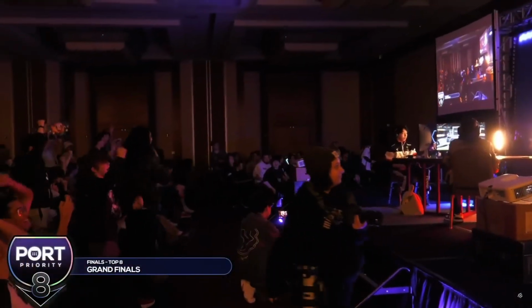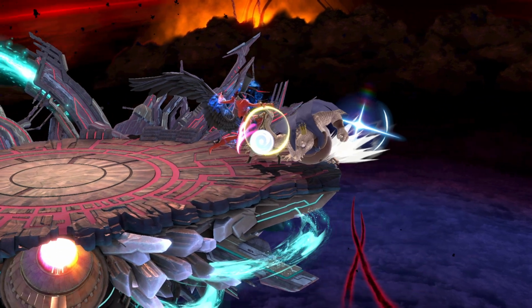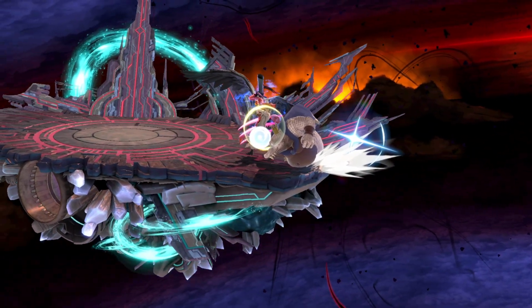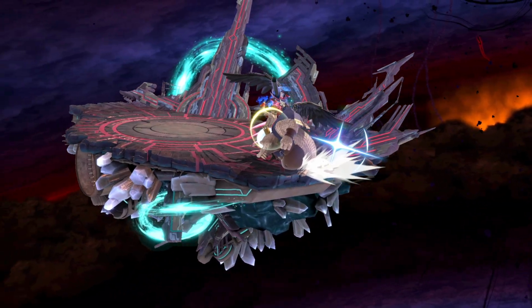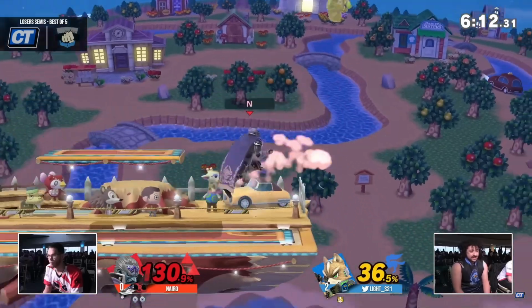Lastly, there's mind games, the last core fundamental of ledge trapping. This is where ledge trapping becomes psychological. It's not just about covering options, it's about conditioning your opponent to choose the options you want them to take. For example, here Nairo down throws Light and then calls out a panic double jump to send it back off